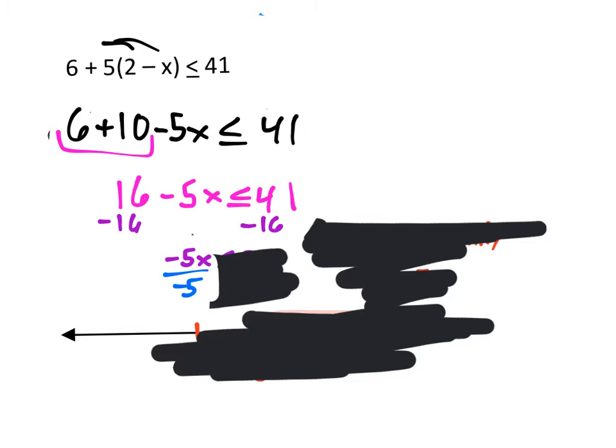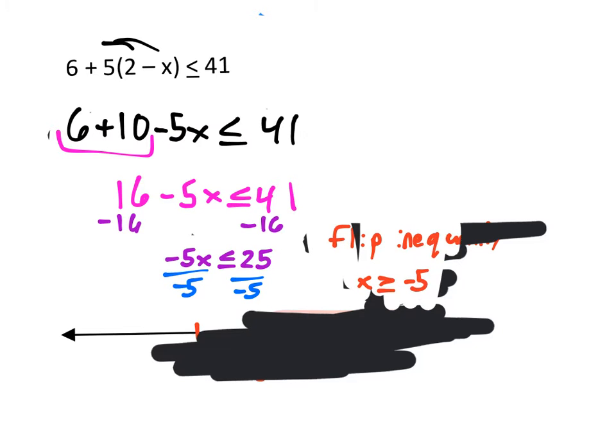So we'd continue on by subtracting 16 from both sides, and then we need to divide both sides by a -5. So that tells us we're going to need to flip that inequality. Alright, anytime you multiply or divide by a negative number, flip that inequality. Alright, so then for our answer here,